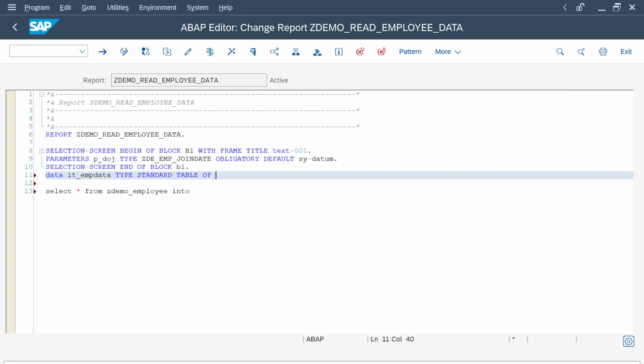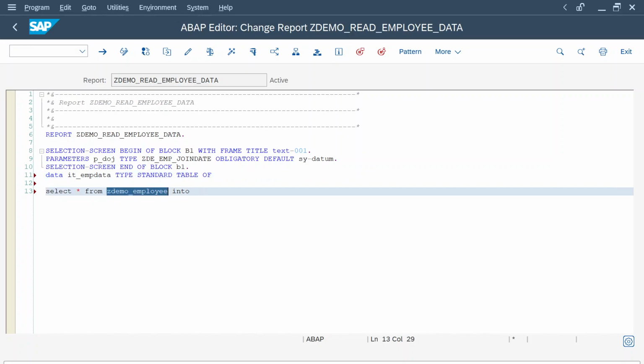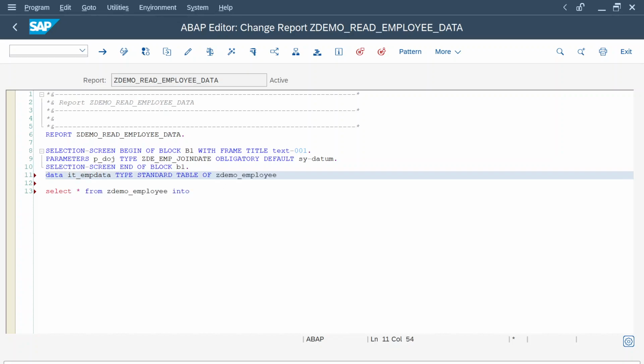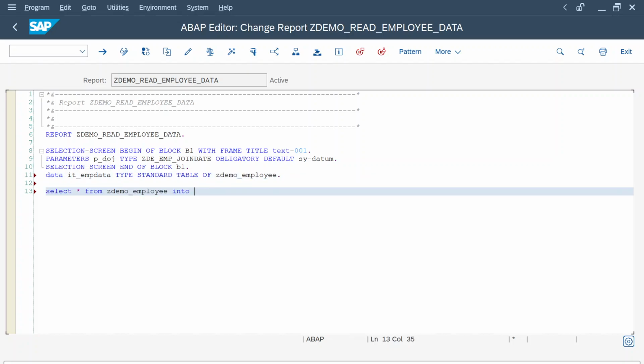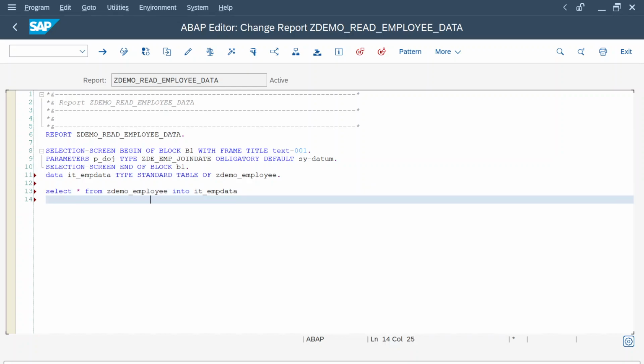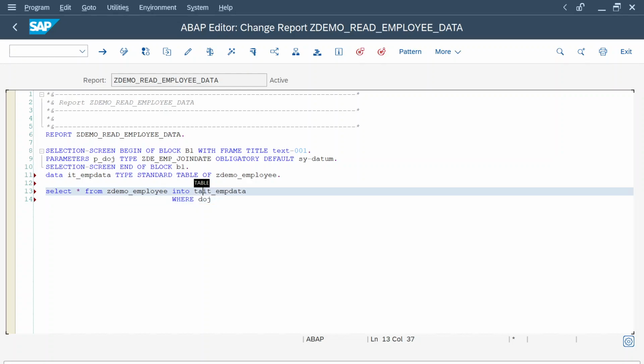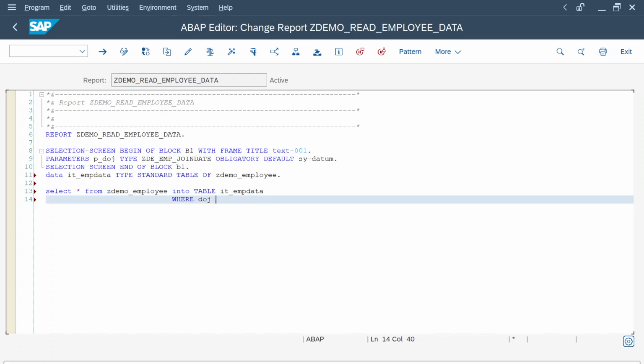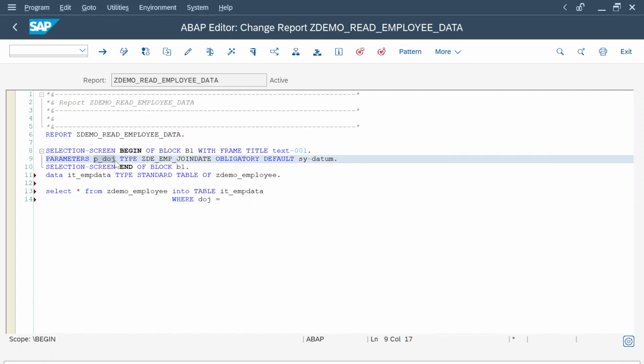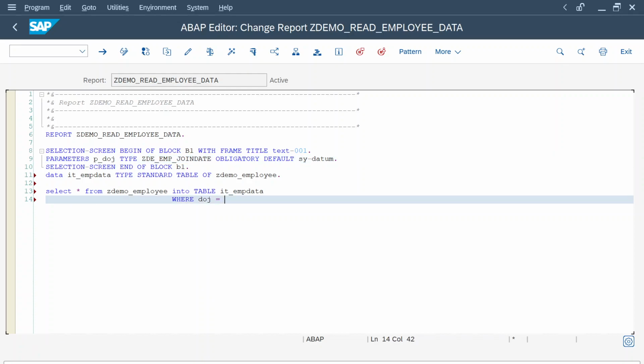Which one we need to use? We are using select star from table, which means we are selecting all the fields of the table. Take the complete table reference into internal table name, break it into the next line, where selection criteria, DOJ. We need to use into table for the internal tables, where DOJ equal to whatever parameter input you are passing. Or you can also use hard-coded values like